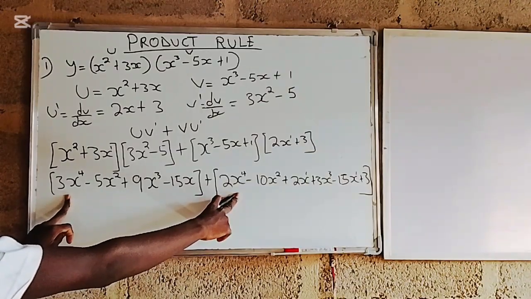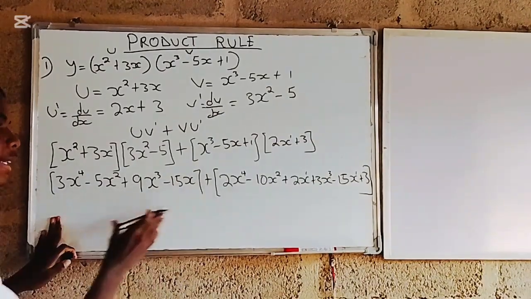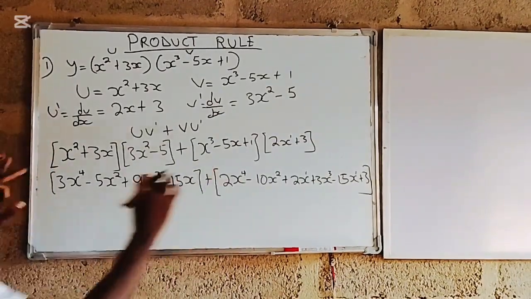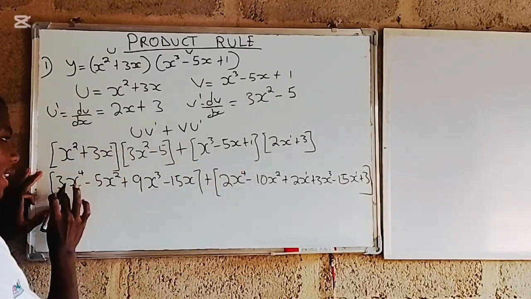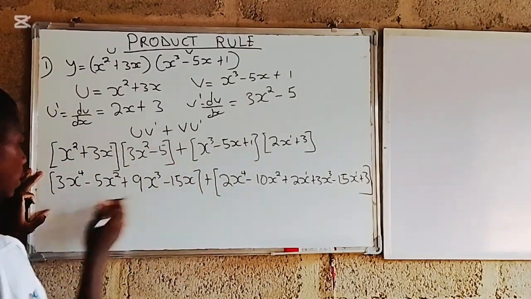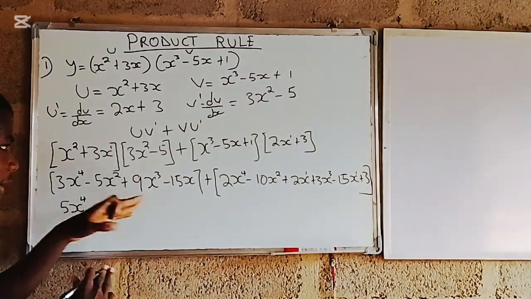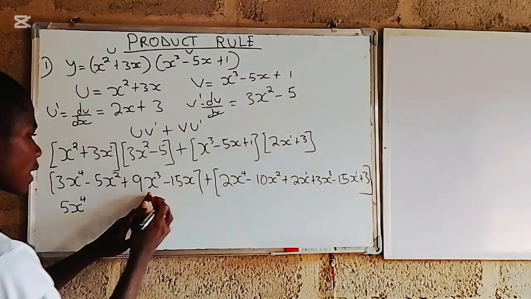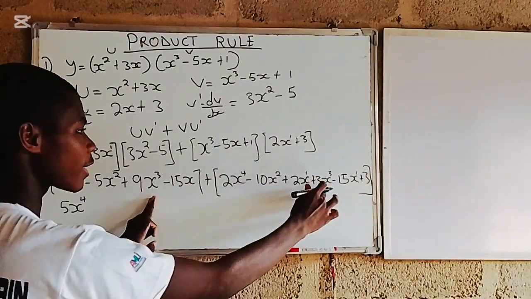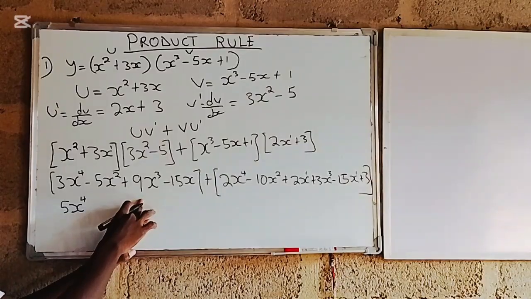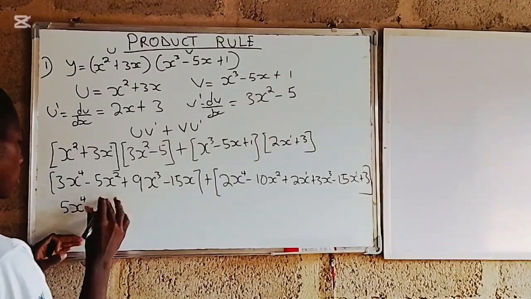So the next thing that I'm going to do here is use both the first and second bracket. I have to add the like terms. I have power 4 and power 4. 3 plus 2 will give me 5x power 4. And then I have power of 3, this is the power of 3, this is the power of 3. If I add 3 and 9, what should I get? I'll get 12. So I have to say plus